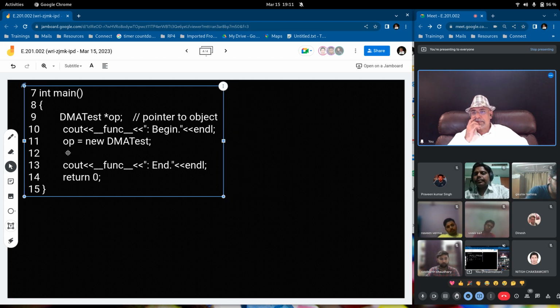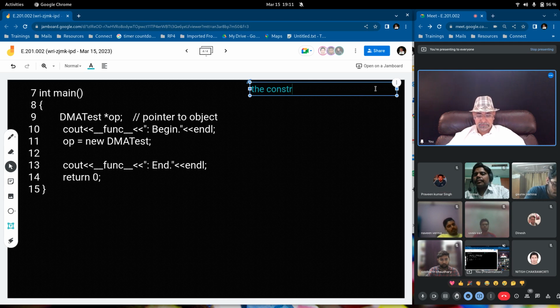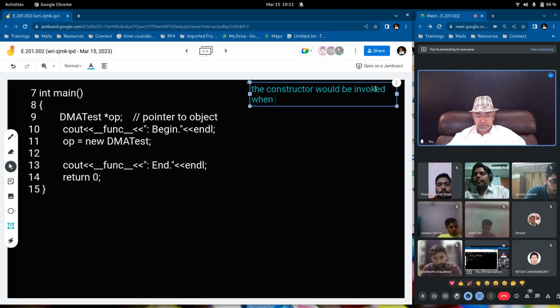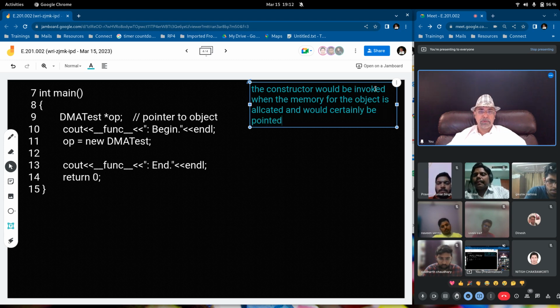Now, if you look at this carefully, like at line number 11, an important point I want to make here is that the constructor would be invoked when the memory for the object is allocated. And would certainly be pointed to by